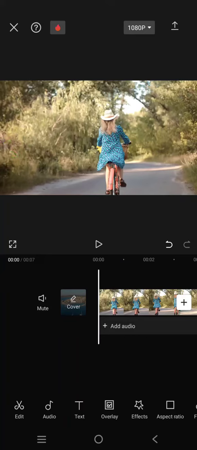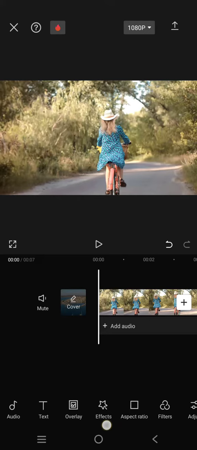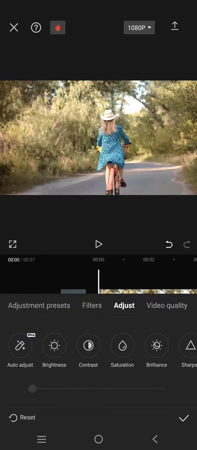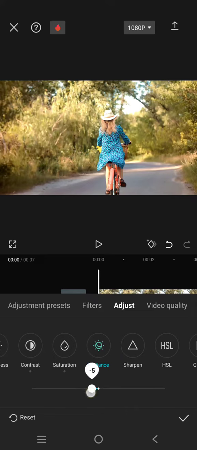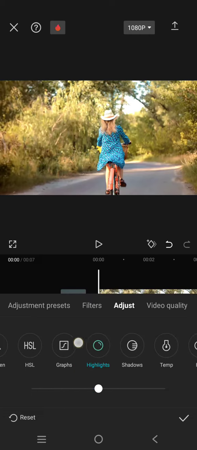On today's video, I'm gonna show you how to create this pop-up green-orange coloring for your videos in the CapCut Mobile. So after you add your video, go to adjust and here click on the contrast, increase it to around 12, saturation 15, brilliance lower it to around -5, increase the sharpness into 5, and then find highlight and lower